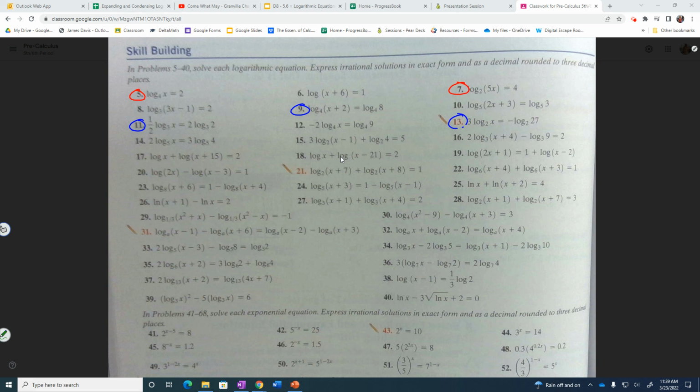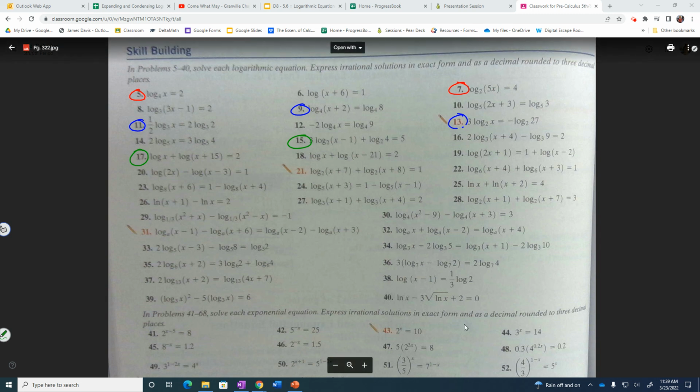And then the last two, number 15 and number 17, those are what we just did, where you got to combine the side and then use the exponential form. So you got your 3 different methods there. Your first two are going to use your first one. Your next 3 are going to use your second, and then your last 2 are going to use your third method there. Right. So go ahead and start on those, and